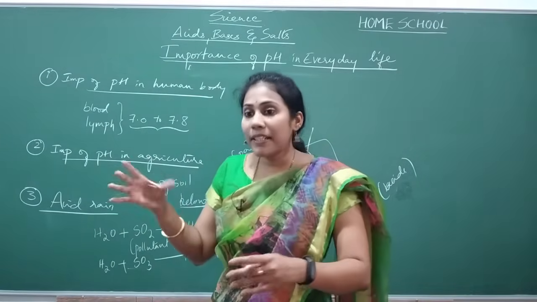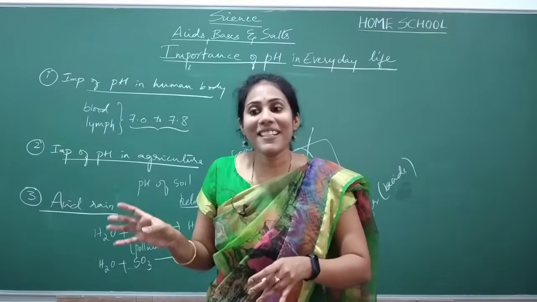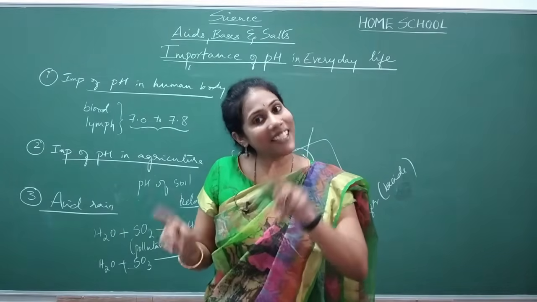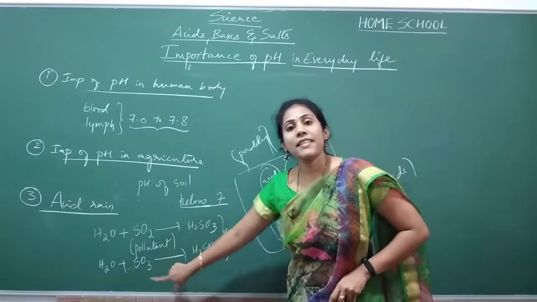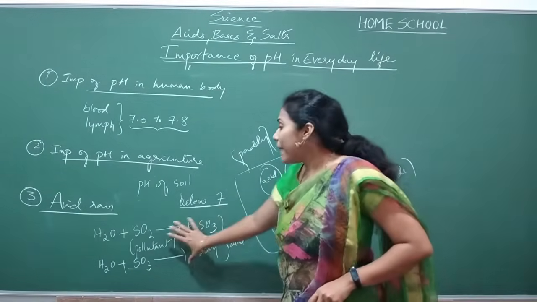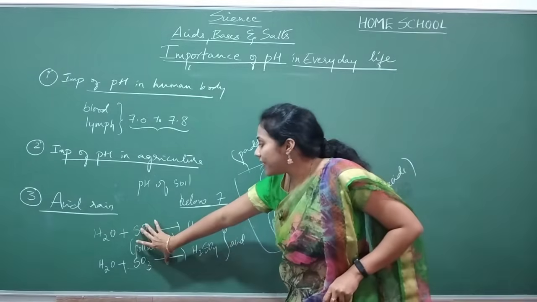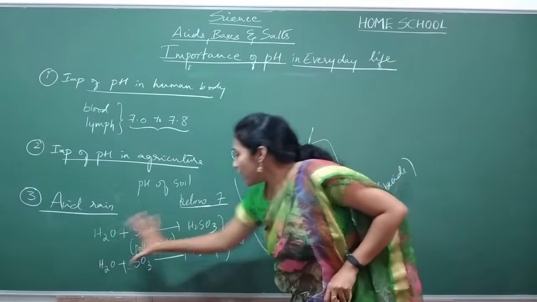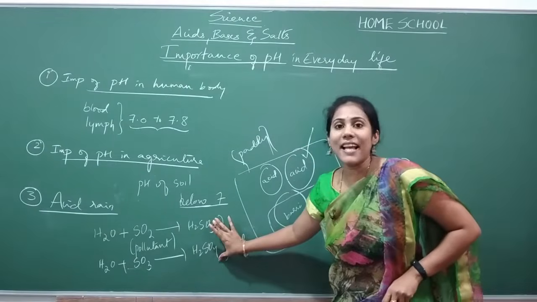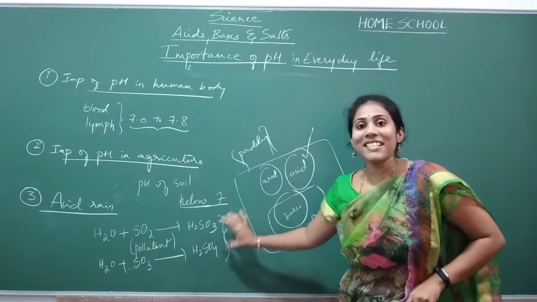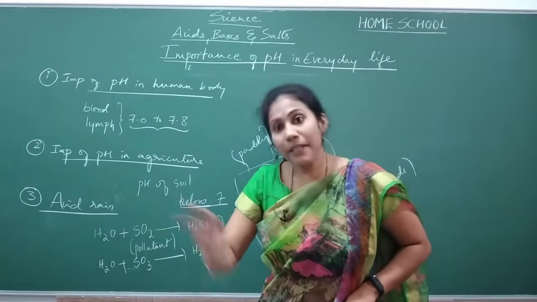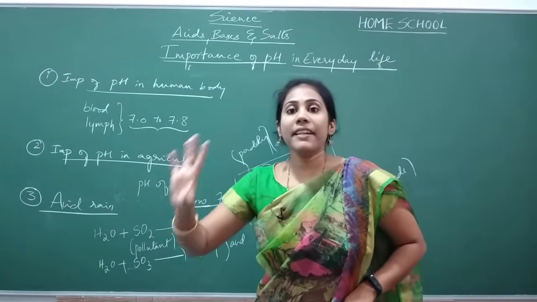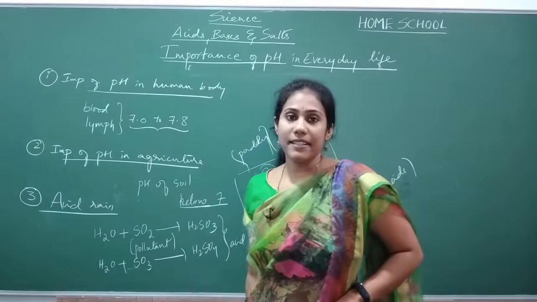If in a particular area you observe acid rain, then it indicates that the area is highly polluted with which gases? Sulfur dioxide and sulfur trioxide. Remember the reactions. When these pollutants combine with rainwater, you get two dangerous acids, and the rain containing such acids, where the pH is 5.6 and below, highly dangerous rain, we call acid rain.